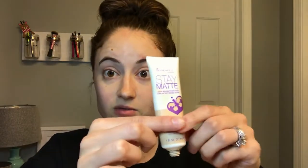Then there's the Mousse foundation, which is a full coverage thick foundation. Because it is mousse, it is gonna hide all your imperfections. Then I have the Rimmel Stay Matte powder that I set both my foundations with. Absolutely love this. And I thought I'd pop up here and do a little chatty get ready with me using